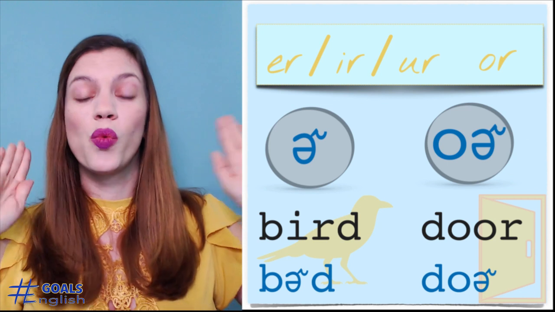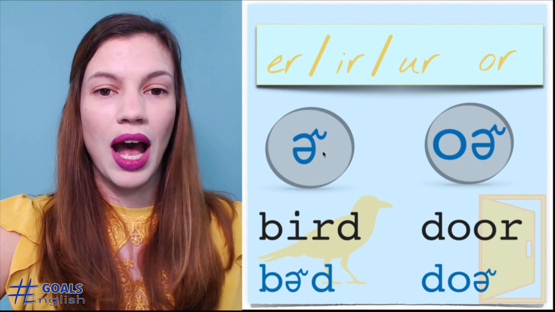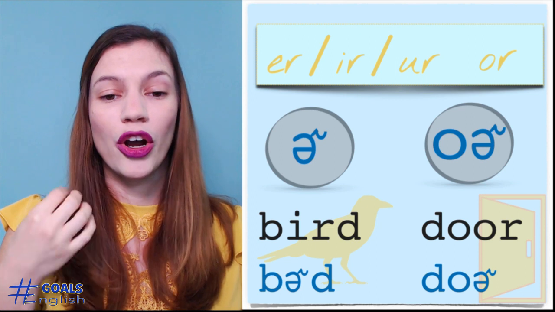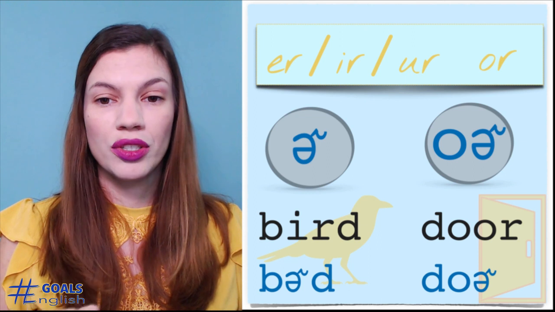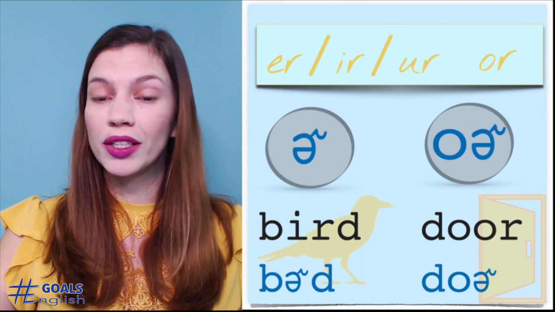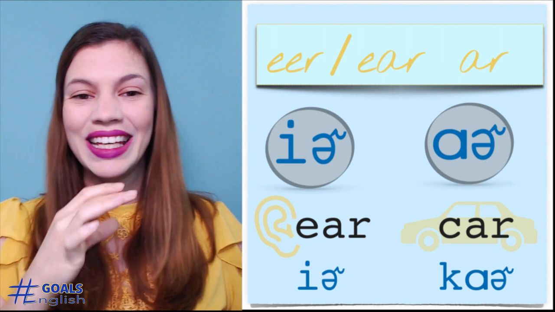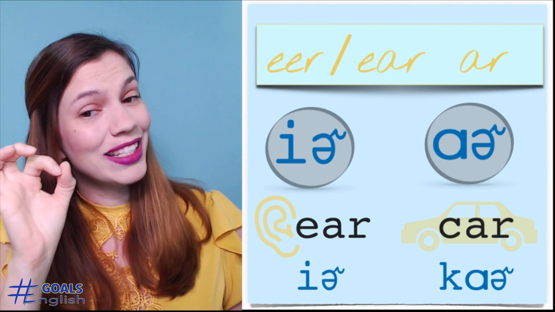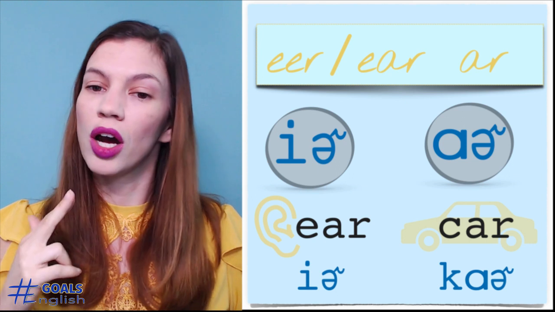If you only learn one of these symbols, learn this first one, the er, ir, ur, that basic sound, right? So we have it as in bird, or teacher, or nurse. The rest of these will just be a variation of that, right? Like or, we add that O, or, as in door. Long E, ear. And then that A symbol, which is actually a short O sound, right? Like cop, car,